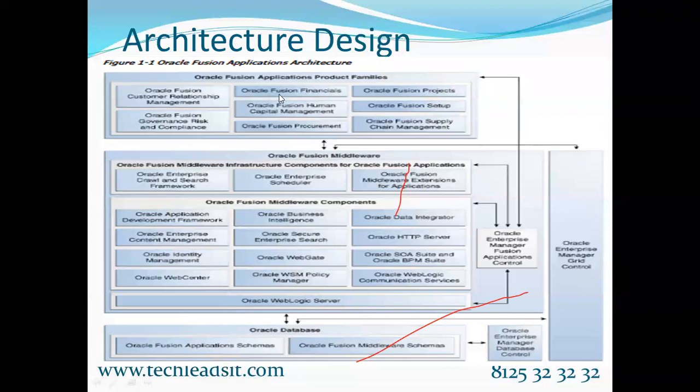When you try to connect to Fusion Financials, it connects to the Oracle Fusion application schema itself, and the Oracle Fusion middleware schemas. The middleware schema comes into the picture if you want to go for any PaaS solutions or custom solutions, where the custom database concept is used via Oracle Fusion middleware schemas. These layers interact with other layers every time through grid control. If anything happens between these layers, a dedicated system implemented by Oracle makes the respective team get an alert.